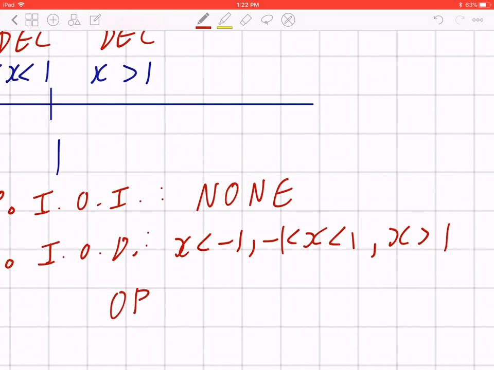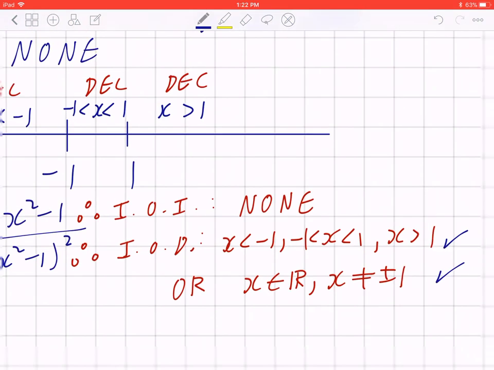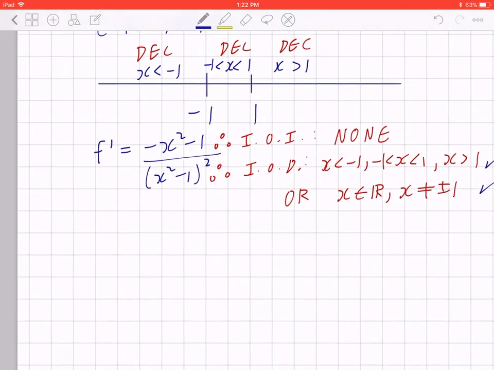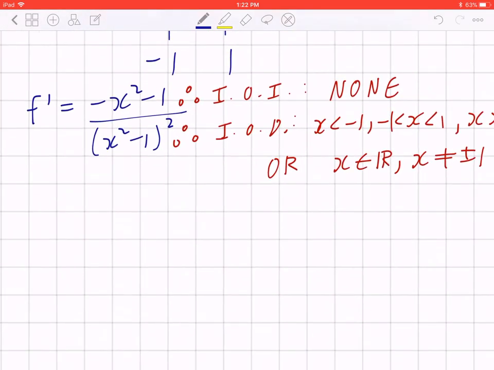Now, another student's going to say, no, can I write it like this? x is an element of real numbers where x cannot be plus or minus 1. That's fine. So you pick the one that you're more comfortable with. Either case works. Now, if you move forward to the next step, you have to find the inflection points before